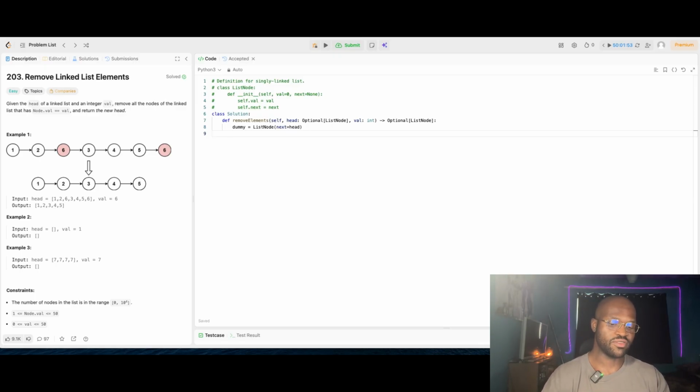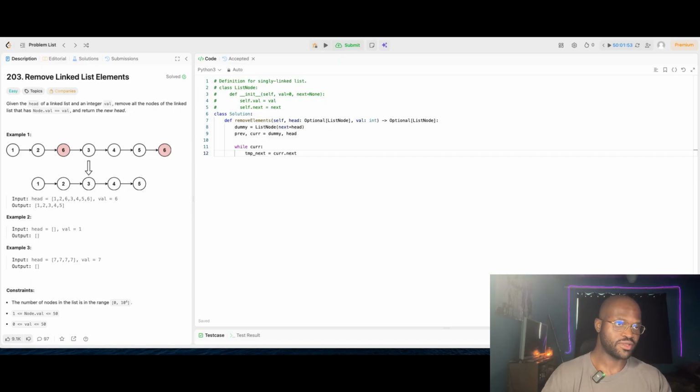What this means is that the dummy will be the 0th element as opposed to the first element. Then we can just have a previous and a current pointer. I hope that doesn't drop from the table again, that does my head in. Previous and a current pointer, and that will be our dummy, and that will be our head. So that's 0 and 1 if you were to think about it in terms of indexed pointers. Then we can just say while current, so whilst current is not none and we have elements to cycle through, let's keep track of our next pointer, which will be